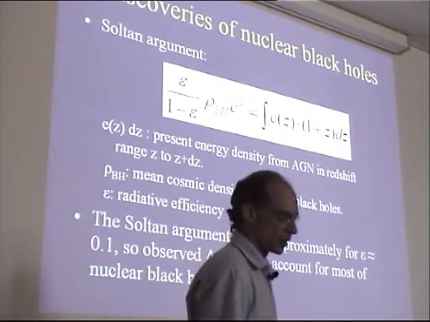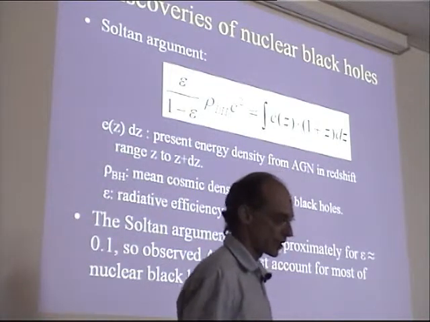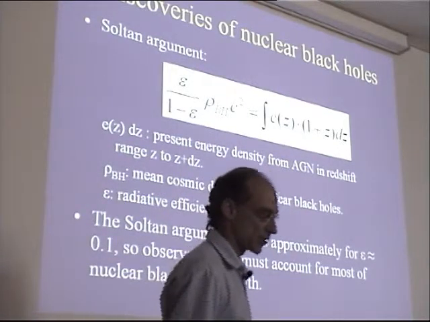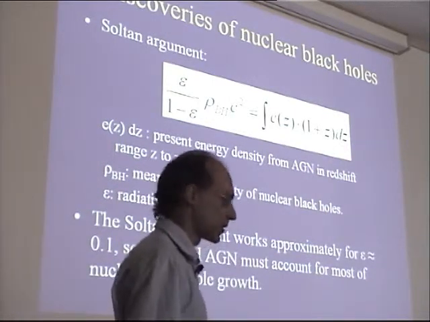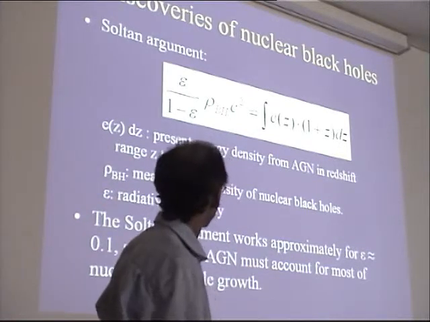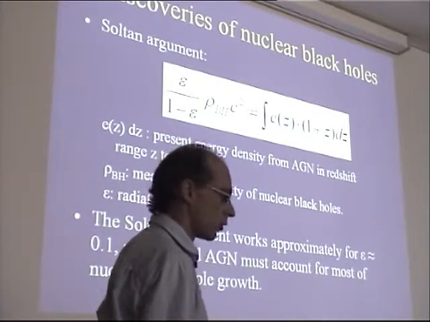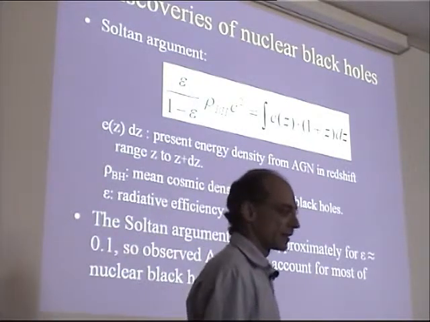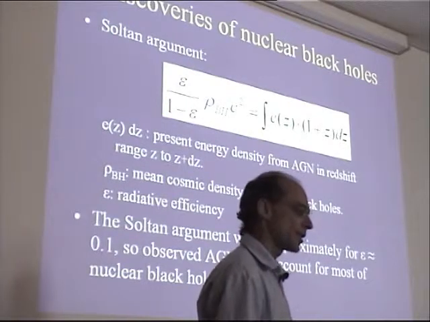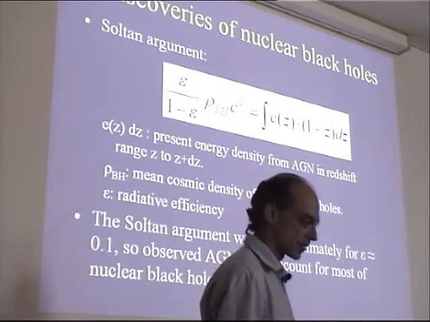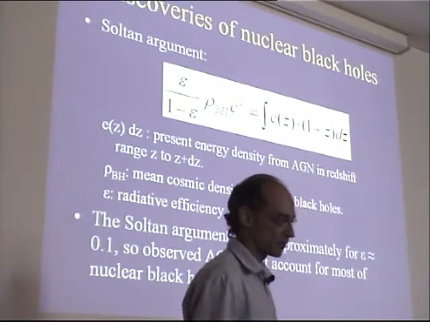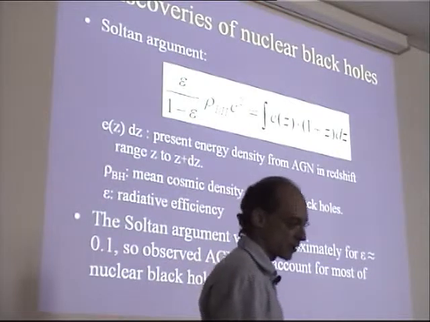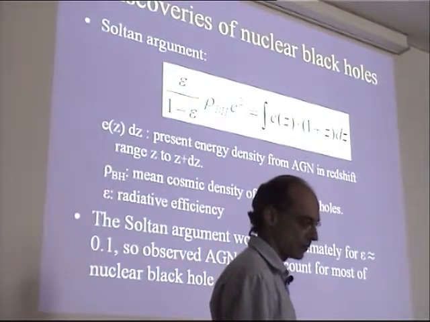Colby already mentioned the Zoltan argument, so I'll go quickly through this. Basically, we observe some radiation and we measure the density of black holes, so we can compare the two of them to check that they're consistent with a certain epsilon, which is an efficiency of radiation. And of course, that tells us, as Cole said, that the process of quasars must be of substantial importance for building up the population of black holes, but at the same time the mergers of stellar objects could account for some part of that.